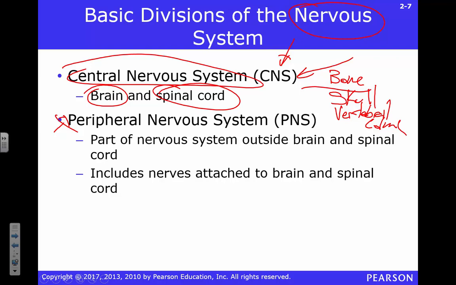But stuff coming out of those holes into other parts of your body, that's going to be your peripheral nervous system. Central versus peripheral. Here's a little preview of a good, important difference. Damage to the central nervous system is typically permanent. Okay? There's not much recovery from damage to the central nervous system. Peripheral nervous system damage, there can be some recovery. And we'll talk in detail in a moment.